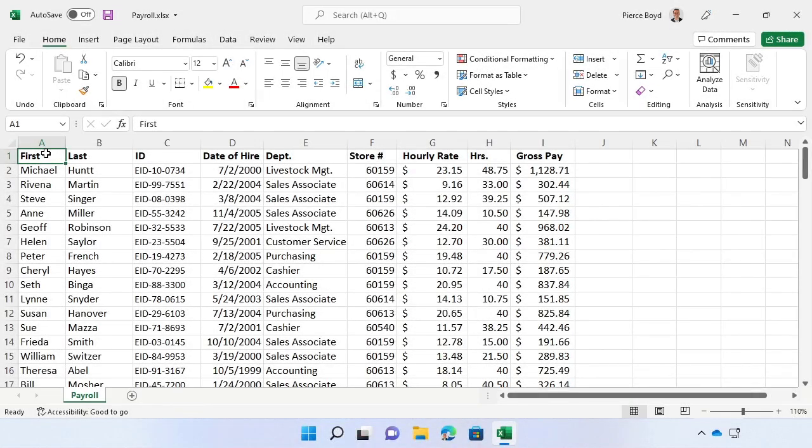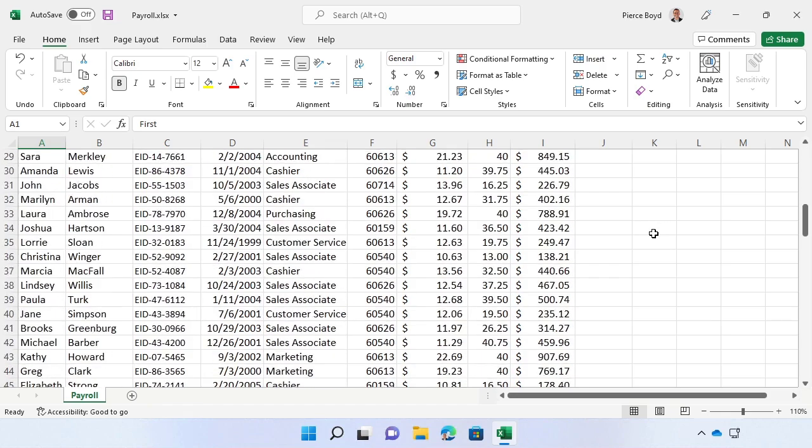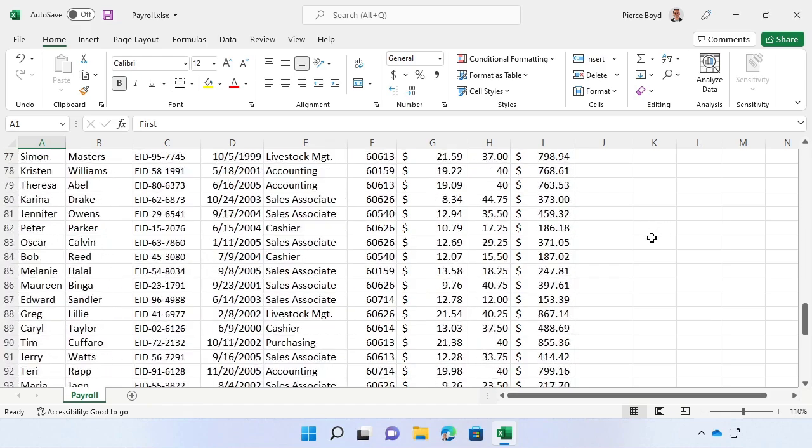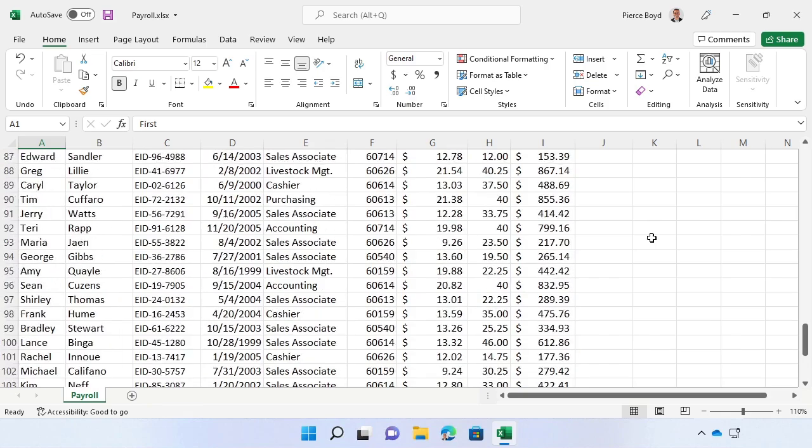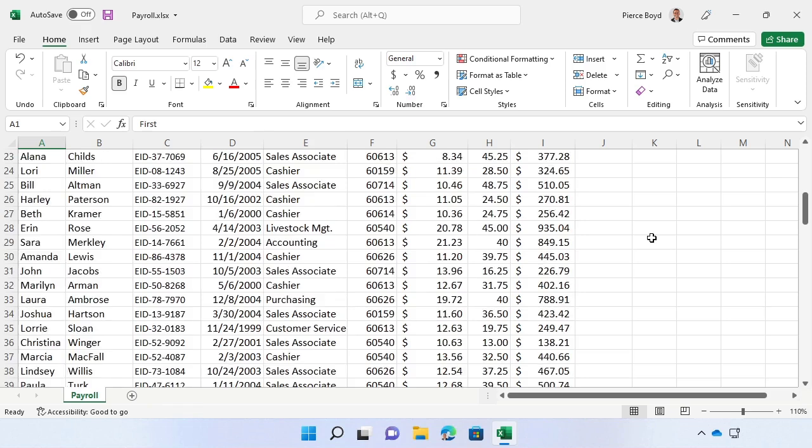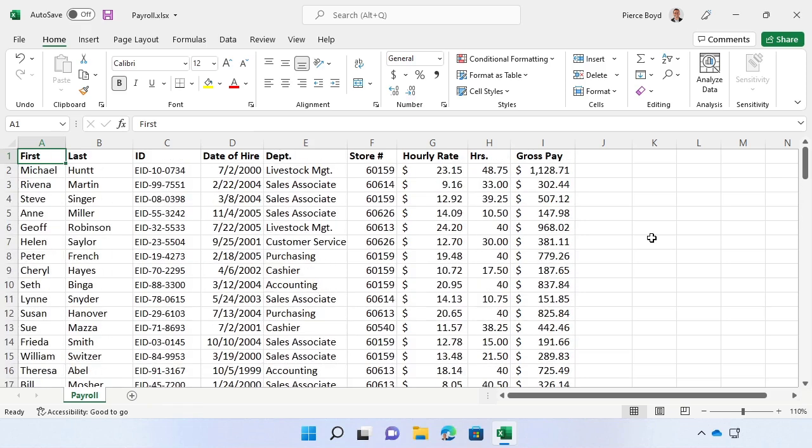Hi, in this clip I'm going to show you how to insert subtotals, basically outlines with subtotals. I have here a worksheet that has our payroll, all of our employees across our organization, all of our stores, and we'd like to subtotal this by store so that we can see how much each store spent on payroll